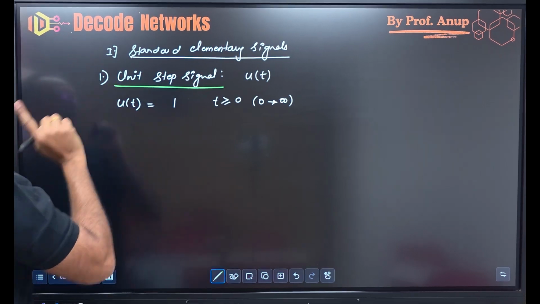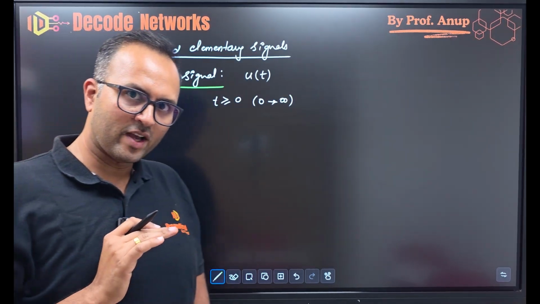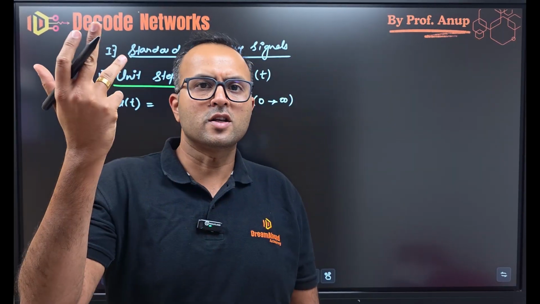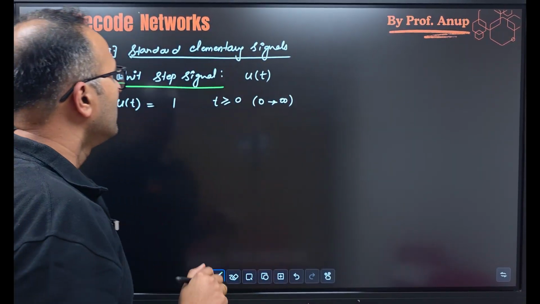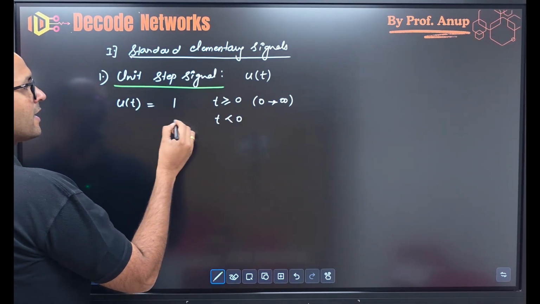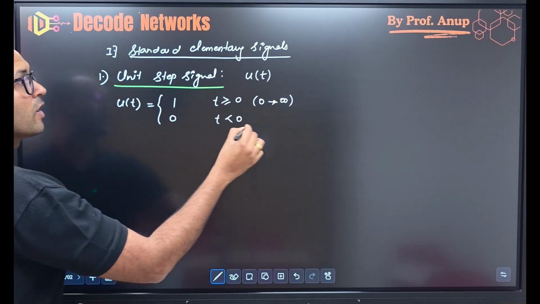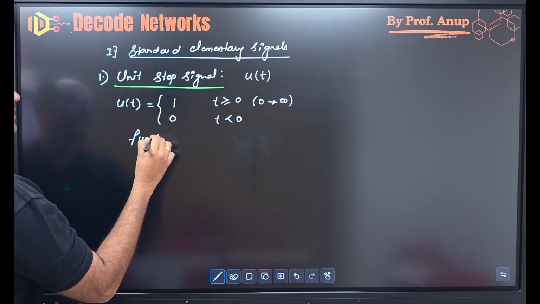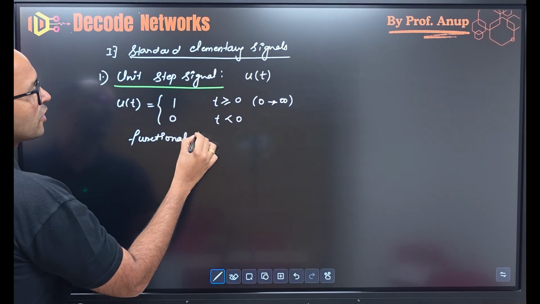Why 1? Because we have said unit step. Now in the starting phase, we will understand we have written unit, that's why unit step. Further, yes, you can get it of any amplitude. Okay. And what about the negative, sir? So at the negative, it is 0. So this is your functional representation. Try to understand, this is functional representation of signal.